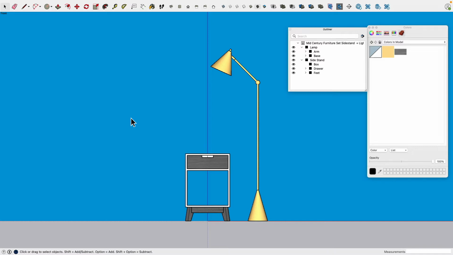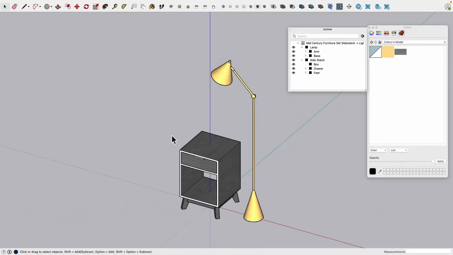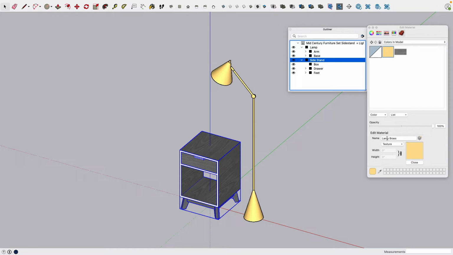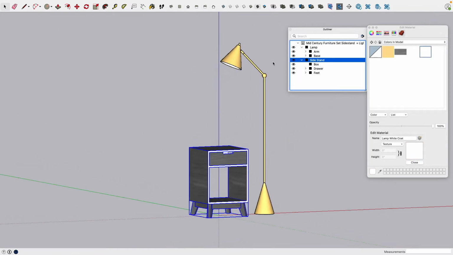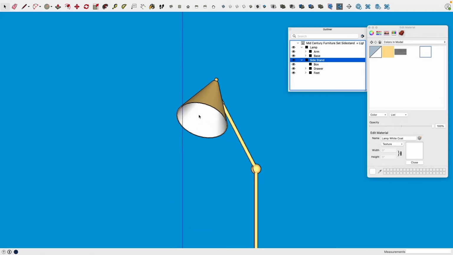Go ahead and please download the shared demo file. The link for the SketchUp file is inside the description of the video. It has the lampshade and a side stand included. Everything is nicely named, as you can see, and put into proper groups. That's perfect. And also I have all my materials cleaned up and named. So for example, this is lamp brass, and right here I have lamp white coat because the inside here is